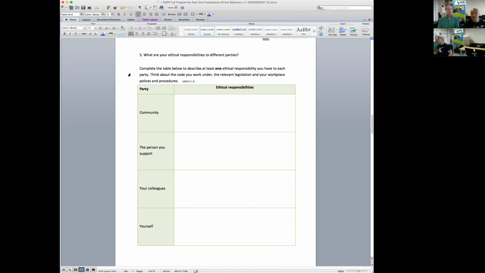Right. Okay, so question number 5, what are your ethical responsibilities to different parties? It says we need to complete the table, but we just need to have at least one ethical responsibility you have to each party. So if we think about the code we work on in our organisation, the legislation and the workplace policies and procedures, an ethical responsibility I might have to my community might be, if I signed up to a community event, that I would actually turn up.